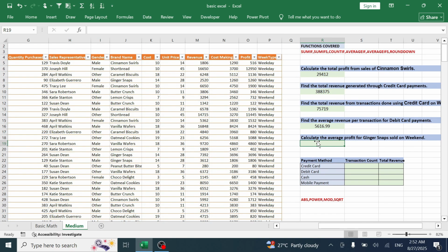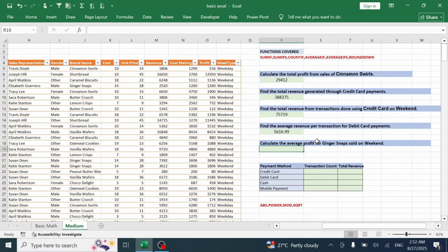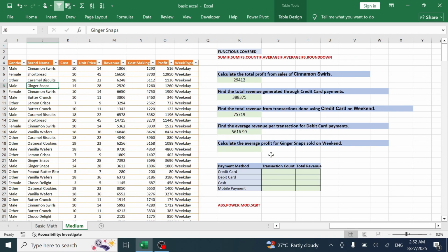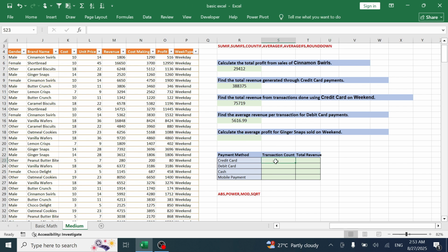So the fifth question is, calculate the average profit for Ginger Snap sold on weekend. I think Ginger Snap is a brand name. So we have one condition here, and the second condition is weekend. So here we have two conditions. This question is for you, you can solve it. The last question is, here we have payment methods like credit card, debit card, cash,